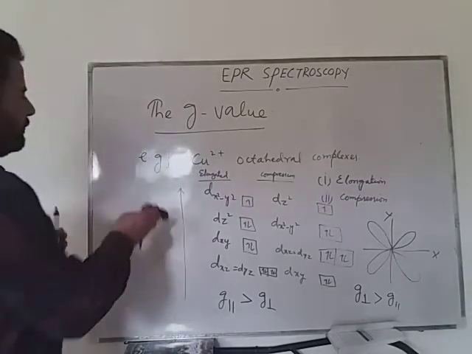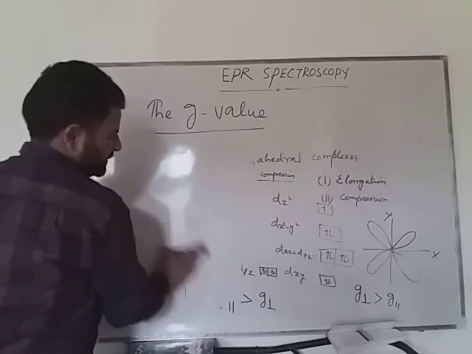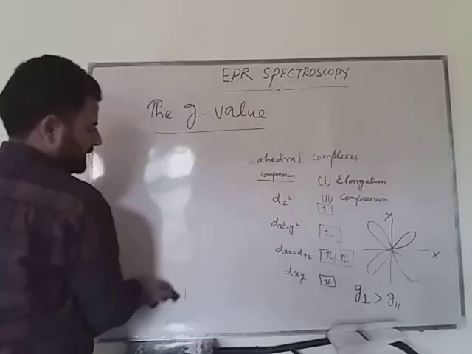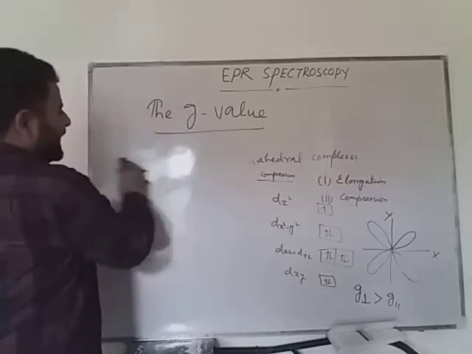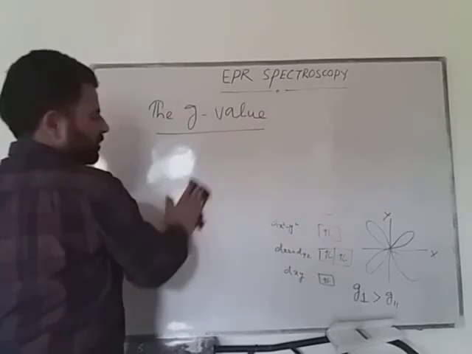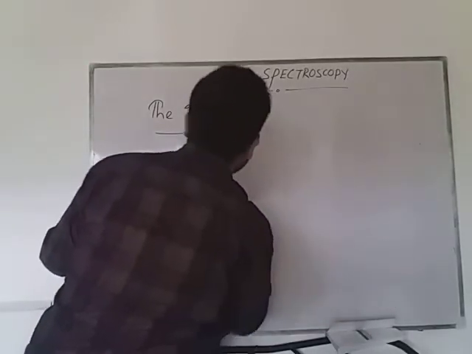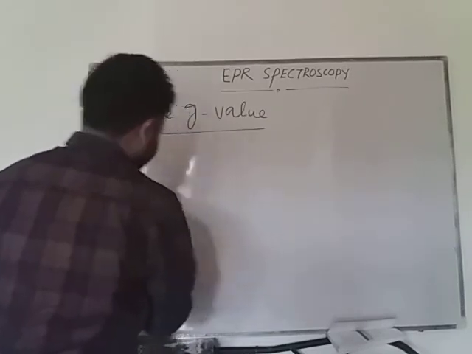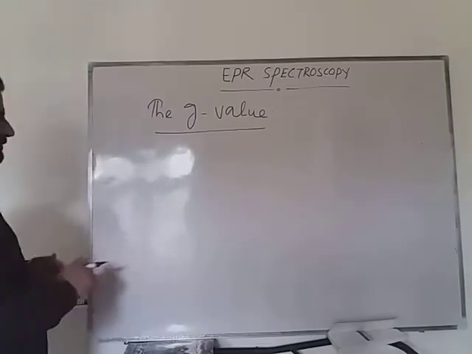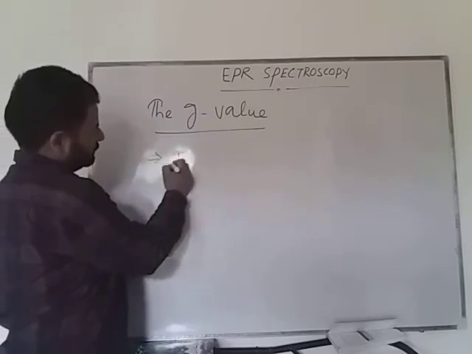Okay. So from this we can get the idea that the g value depends on the direction of its measurement. That means it is anisotropic in nature. Okay. And now there is one more point,